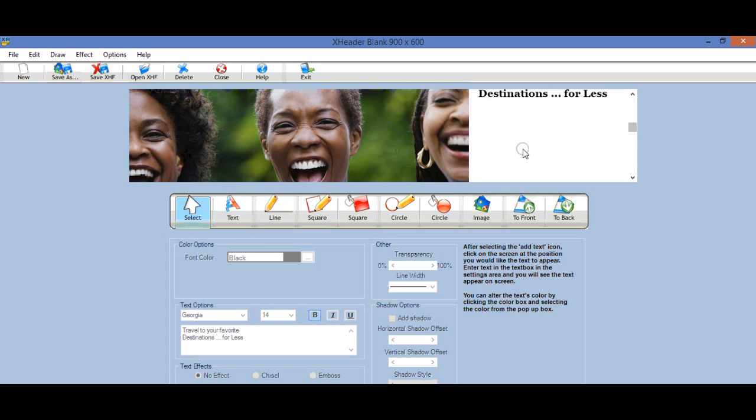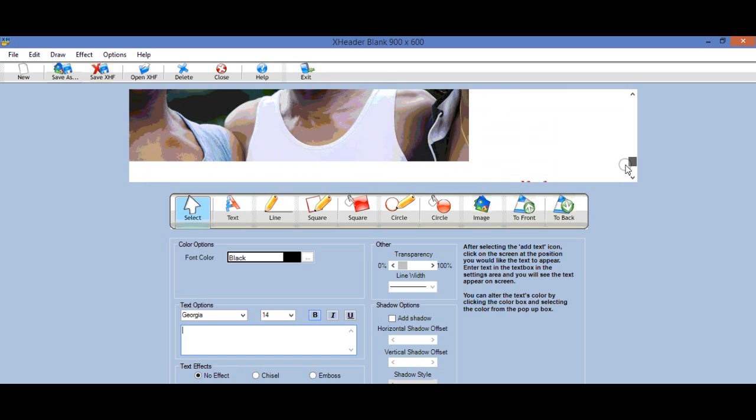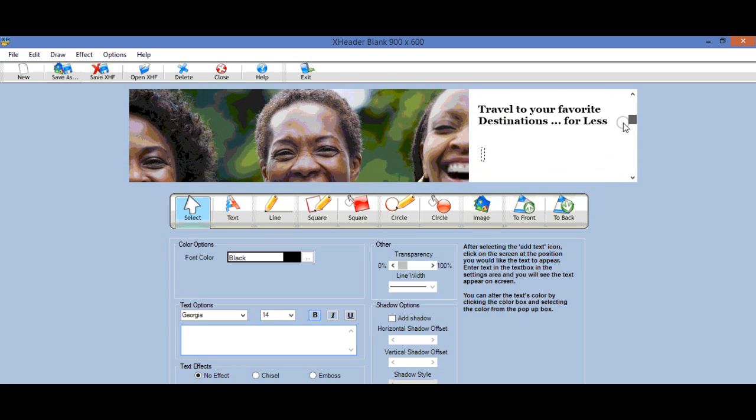And so, did you notice that what I did was I selected the area that I wanted to add text to. So I said that I want text, and it automatically defaulted to black. That's the last color that I used. It has a font type of Georgia and a font size of 14. Well, where do I want that text? This is where you take this arrow and put wherever it is that you want your text to appear. This design tool is so cool. And so then you just type in